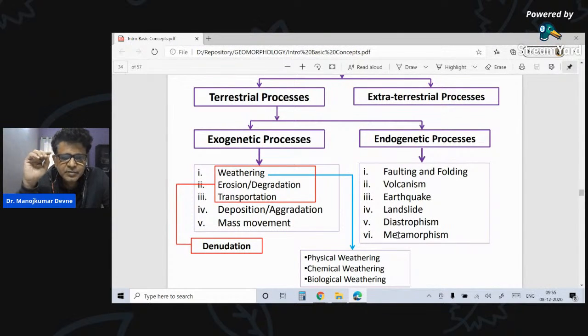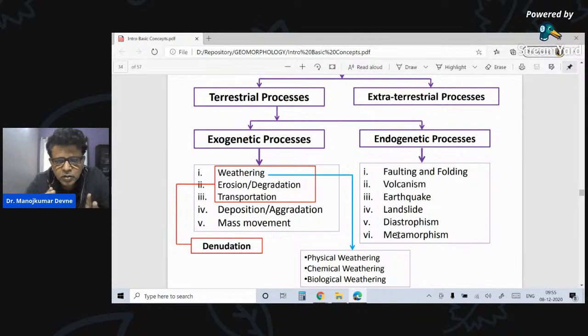But then there is an interesting term, denudation. If you look for this word in the dictionary, it basically means scraping off, removing. How do the exogenic processes denude the surfaces, the structure which is formed out of endogenetic processes? It is through weathering, erosion, and transportation. I would rather say weathering, mass movement, erosion, and transportation all together are called denudation. Of this, weathering is physical, chemical, biological.